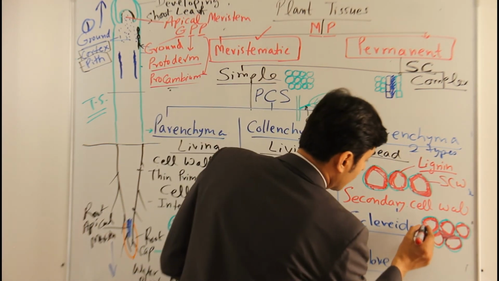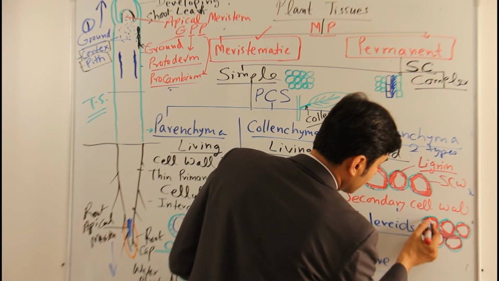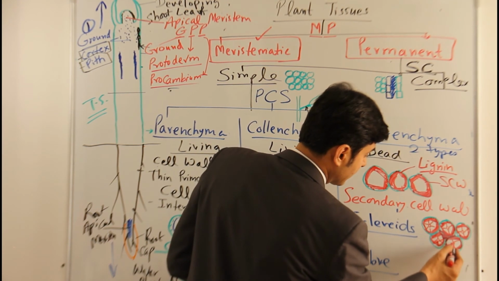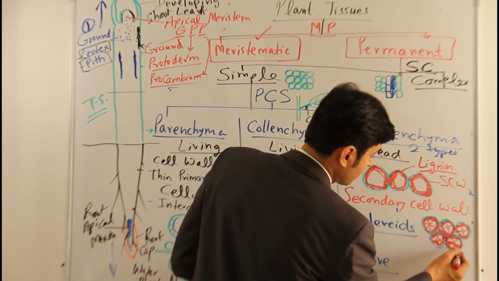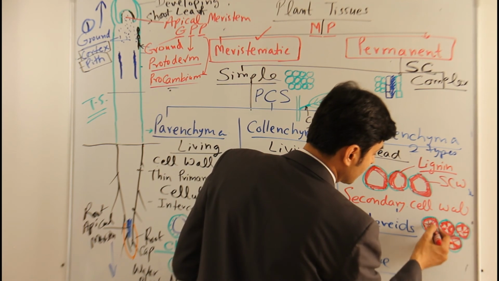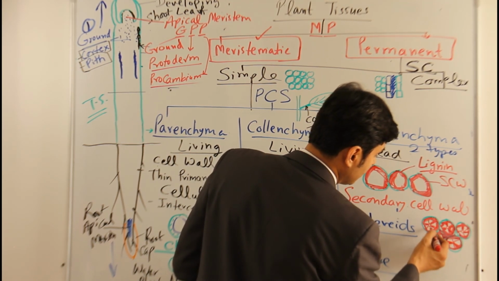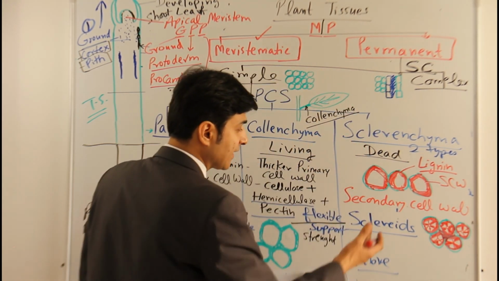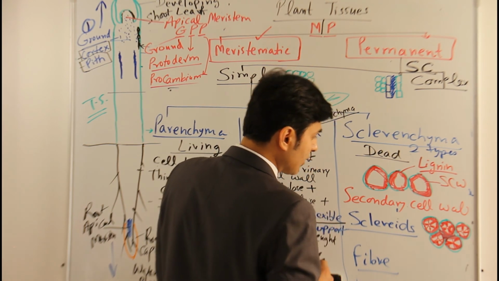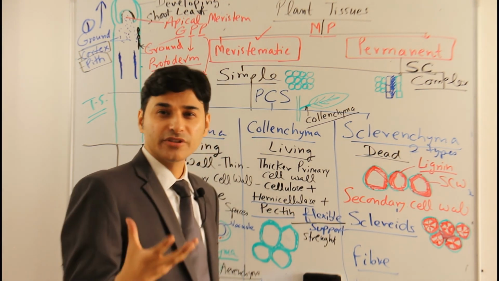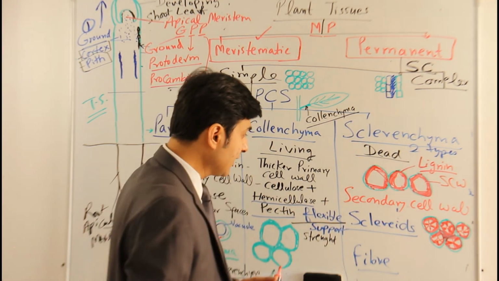Okay, so now what happens: they have a deposition of cell wall, lignin. This is too much lignin here. The more lignin, the more strength, so it depends on how much lignin is deposited. The more lignin, the more robust or tough the sclereids are. They are also called stone cells. When we eat pears, the crunchy feeling in the pears is because of the sclereids.